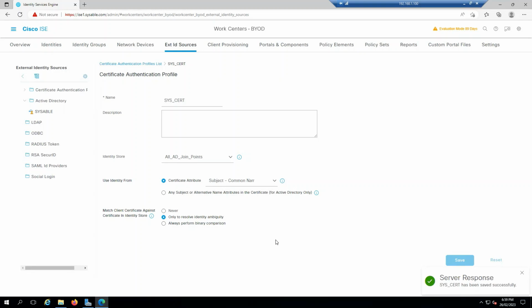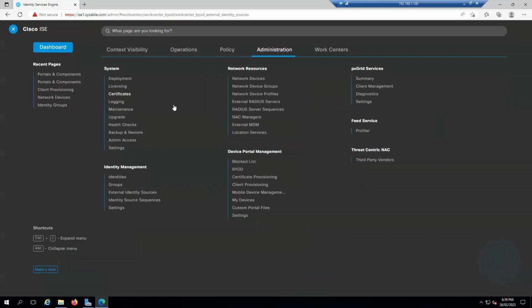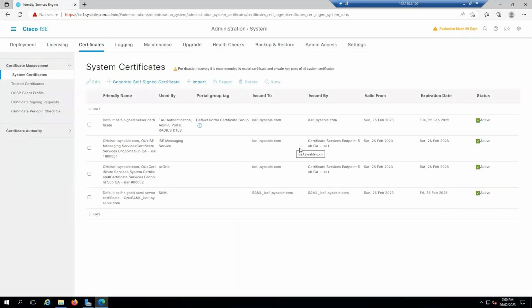Now, this certificate profile is good, but the other thing is that I want my ICE to be acting as a certificate authority. So that means I need to tell ICE that you are the certificate authority and you have to use this particular template in order to issue the certificates. So I have to tell the ICE also. I will go back to the administrator and I will go back to the certificates. These are the prerequisites which you have to set up as the base in order to work. All right, so